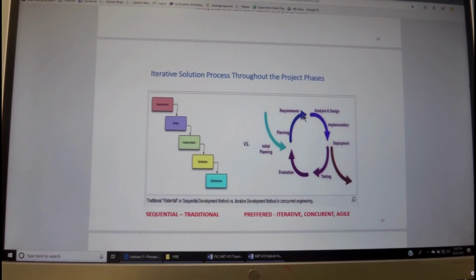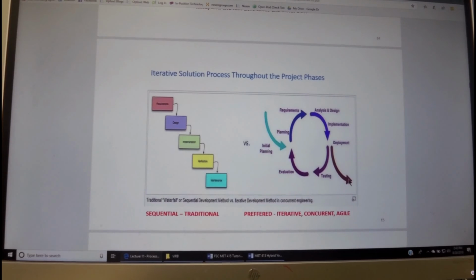We go through the planning, requirements, analysis, design, and deployment as soon as possible. Then we test the first version, we evaluate it, and we go through the same cycle again and again until we finalize, within the timeline, the product that we would like to make.